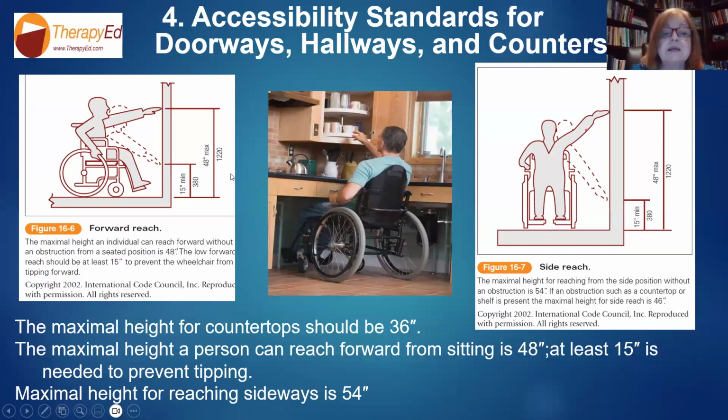Okay. As I mentioned, the Fair Housing Act had that electrical outlets had to be accessible to persons with disabilities, and light switches had to be accessible. And this is why my side reach and my forward reach, I cannot reach lower than 15 inches from the floor. If I do, the likelihood is my center of gravity in the wheelchair as I'm going forward to lean below 15 inches is going to tip the chair, which is dangerous. Same as if I reach too high, then I'm going to have to be extending over, and that can tip the chair. So these are important safety considerations.